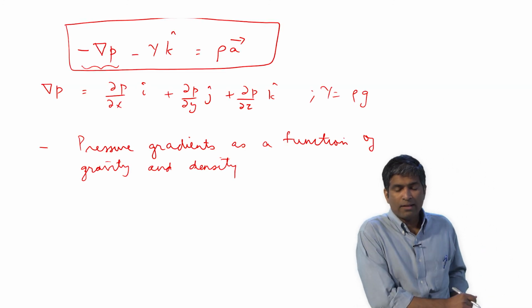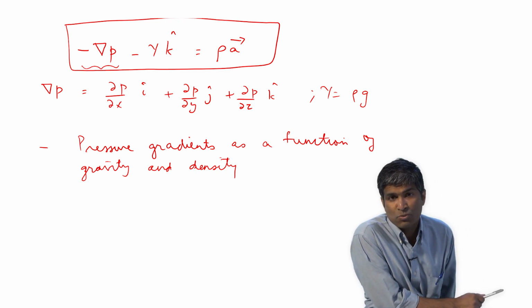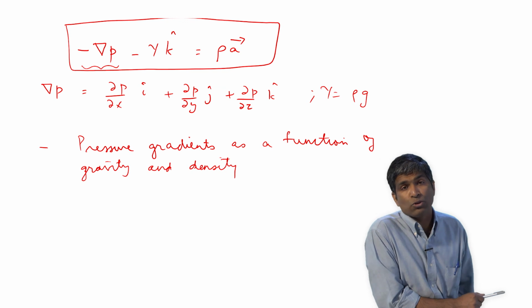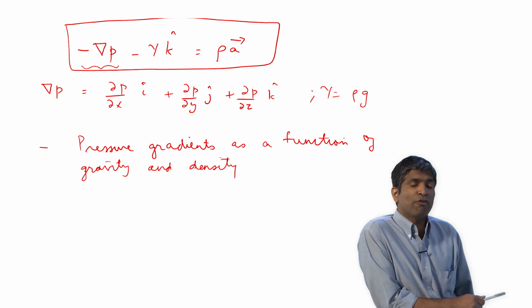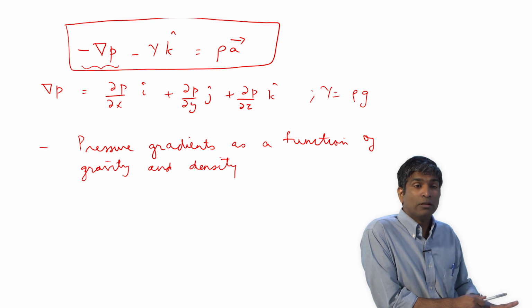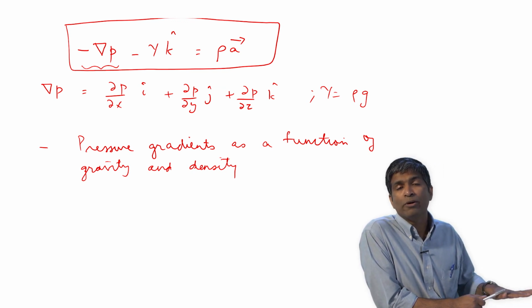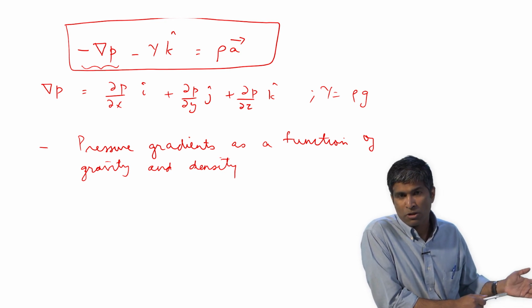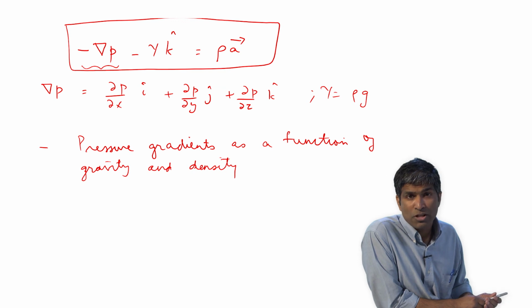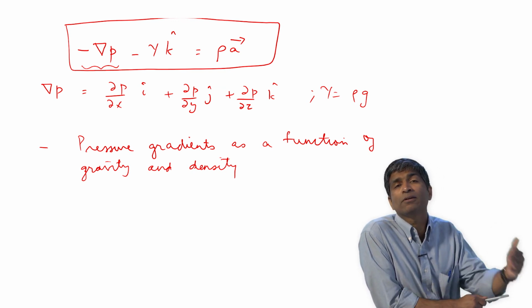So we can handle odd situations, like for example a case where density is changing with respect to space, and that's not so odd. If you wanted to, for example, find out what the pressure field is in the atmosphere starting from sea level and going up, we have a situation where gravity is more or less constant but the density is continuously changing. And so one could integrate this equation